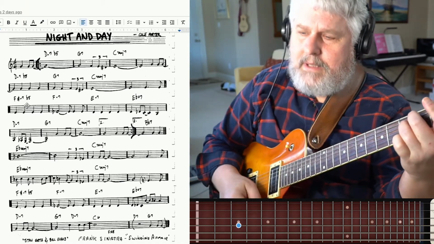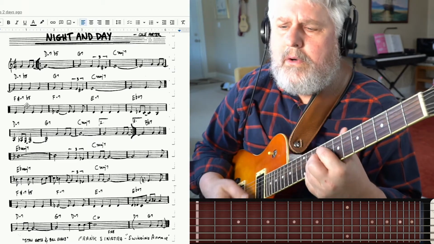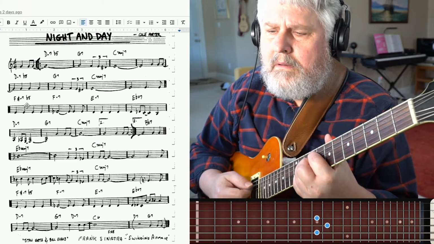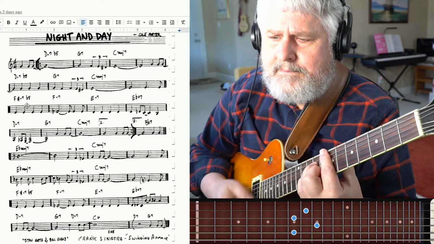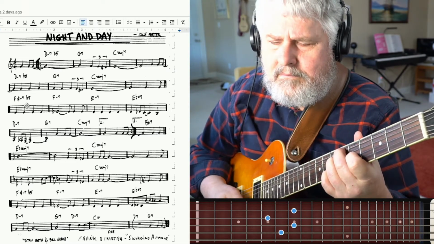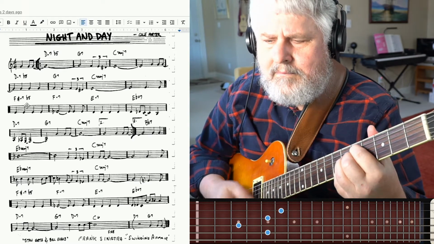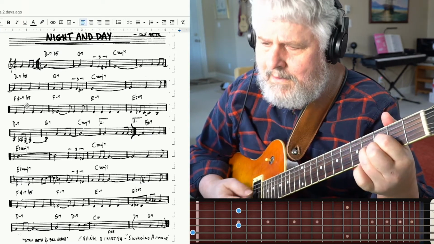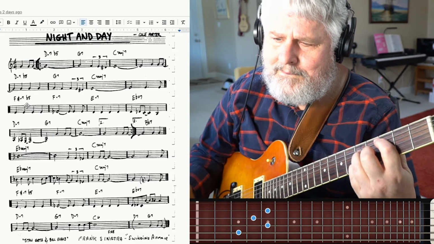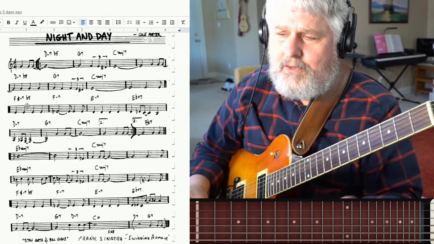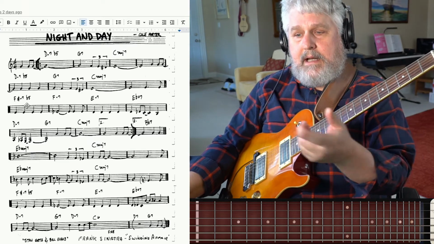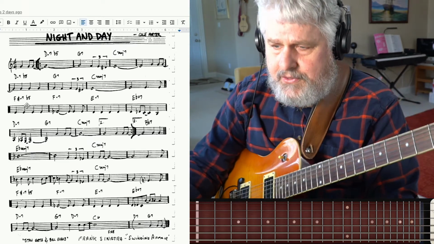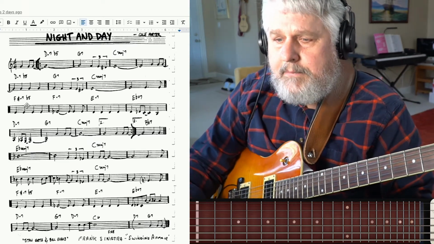All right, so you can hear the chords chromatically. Man, if you can hear a chromatic line going down through that entire 8 measure passage there. Okay,